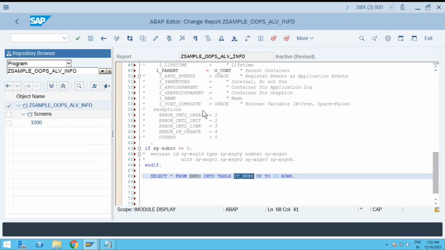Okay. Now, see here. Now I need to display. This is a 100% important interview question: how you can display the OOPS ALV report, the object-oriented ALV report. How you can display the object-oriented ALV report. That's the question. In an ALV report, how you can display